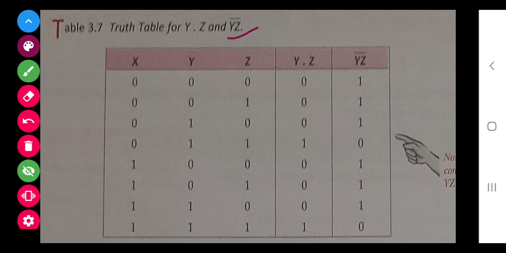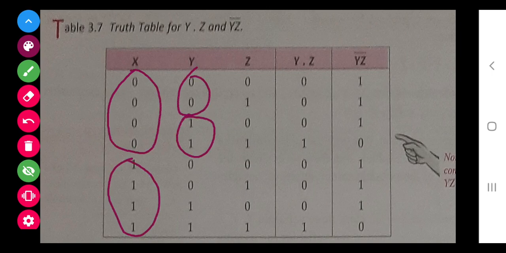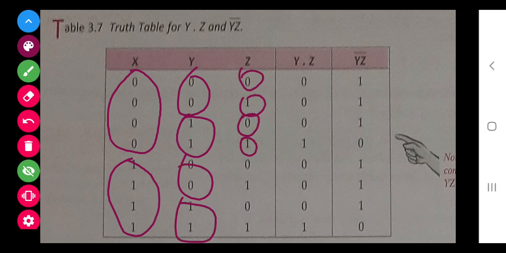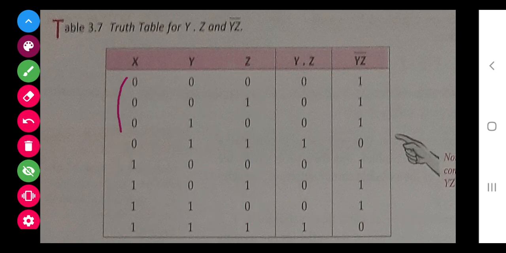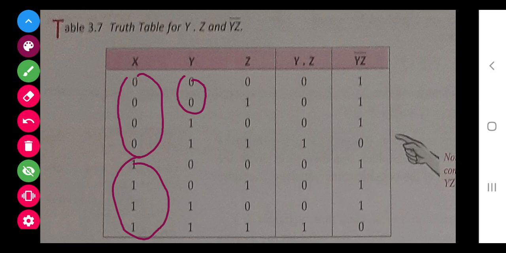Suppose I want y z naught. For that, 3 inputs are there. If 3 inputs are given, 3 inputs means 2 to the power 3, that is 8. So you can see half zeros and half 1s, then 2 0 2 1 combination, then 1 0 1 0 1 0 1 0. Again you see half zeros half 1s, that is 4 zeros 4 1s, then 2 0 2 1 combination, then 1 0 1 1 combination.